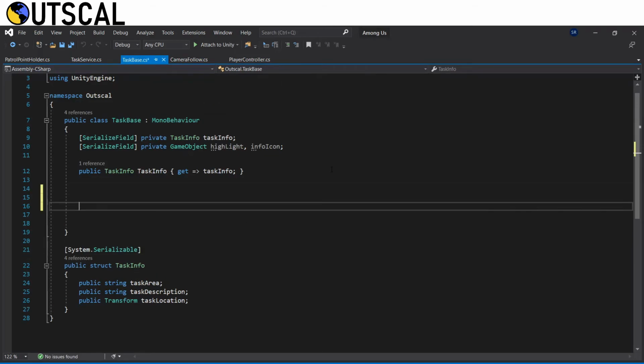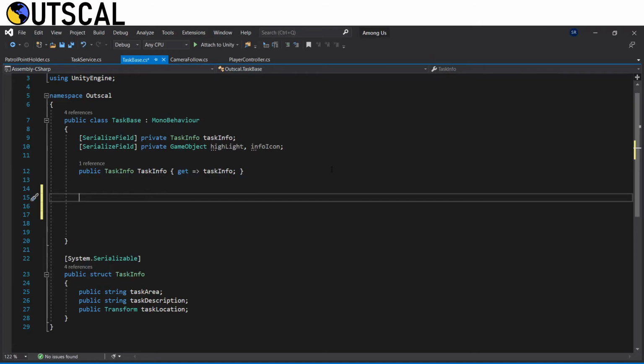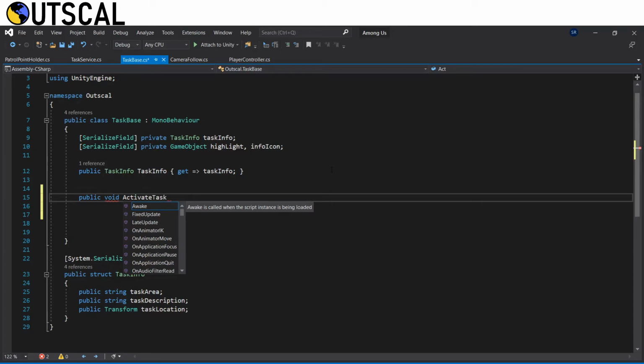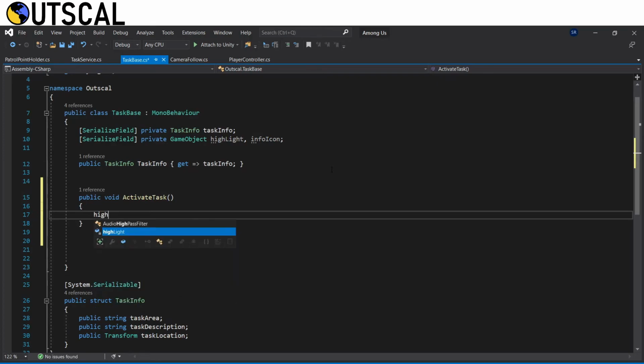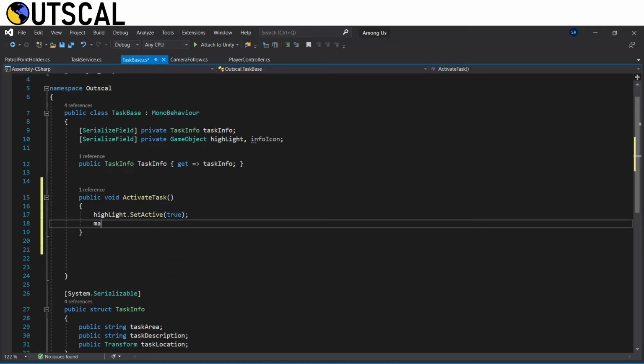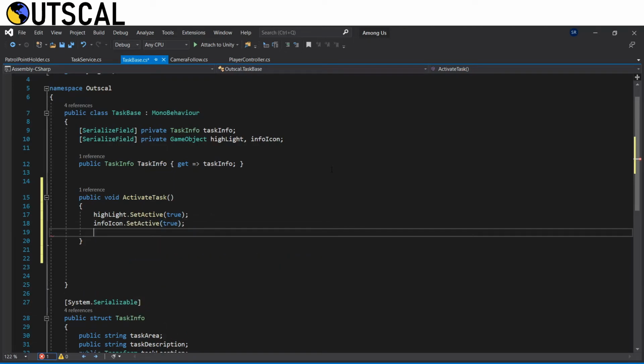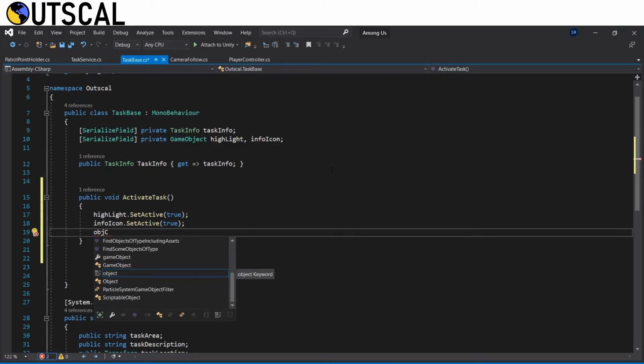Here we first create a public void ActivateTask method which activates the objects of this game object. In this method we call our highlight game object's SetActive with true. Then we call our info icon and set active to true. We also need a collider, but currently we don't have a reference to our collider. So for that,